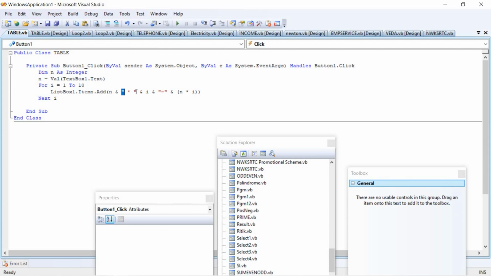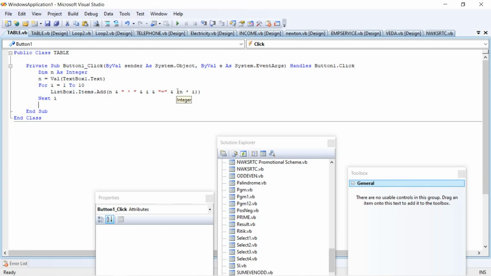Then this is combined with 2 into, where the into sign is taken in double quotes because the same symbol has to be displayed. Then the ampersand concatenation operator, and I will be changing because this has to go from 1 to 10: 2 ones are 2, 2 twos are 4, 2 threes are 6, that is 1, 2, 3 till 10. 2 tens are 20. Then ampersand, then the equals sign, taken in double quotes because the same thing has to be displayed. Then ampersand again,